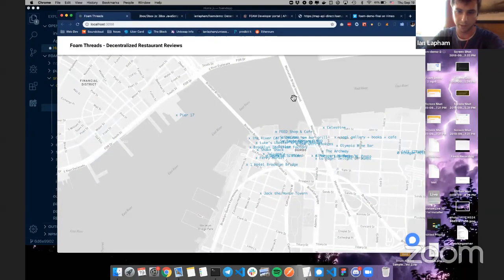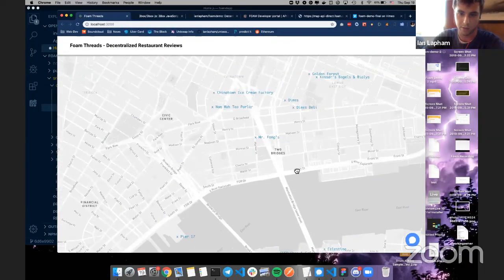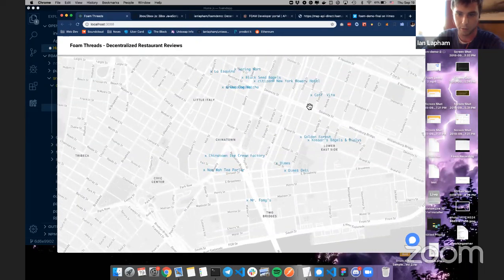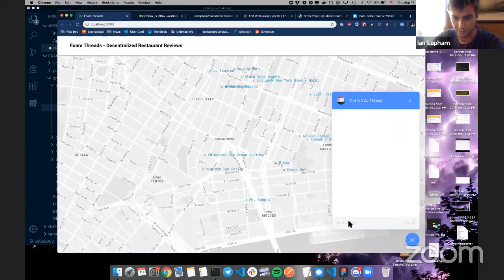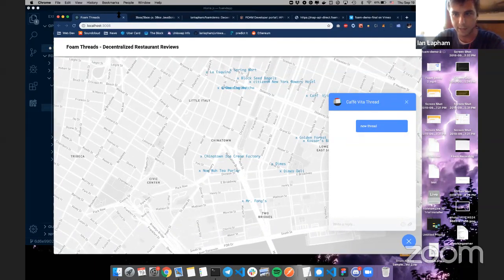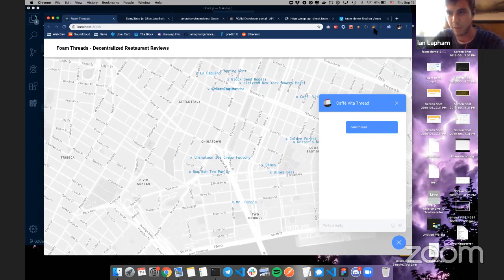But then the cool thing is you can look around. This is New York right here in Brooklyn, and you can click on these locations and threads will open up for each of them. So, we can post messages in here and they'll send. For context, right now, I've already signed in with my MetaMask, but if you were new to the page, it would ask you, do you have Web3 enabled? Or are you on a dApp browser, or sign in somehow to access the information?